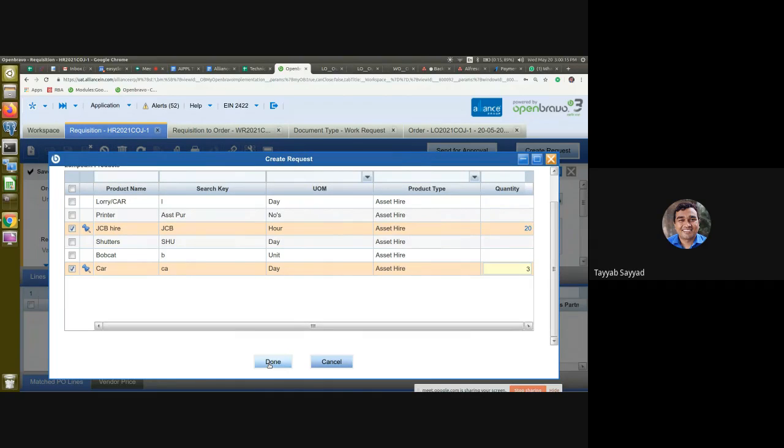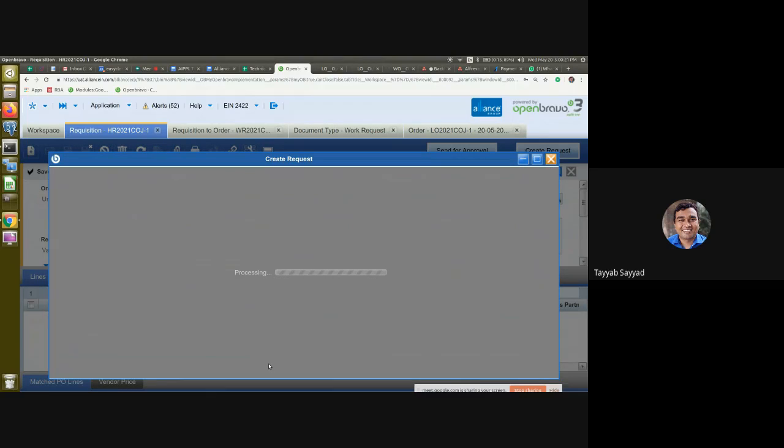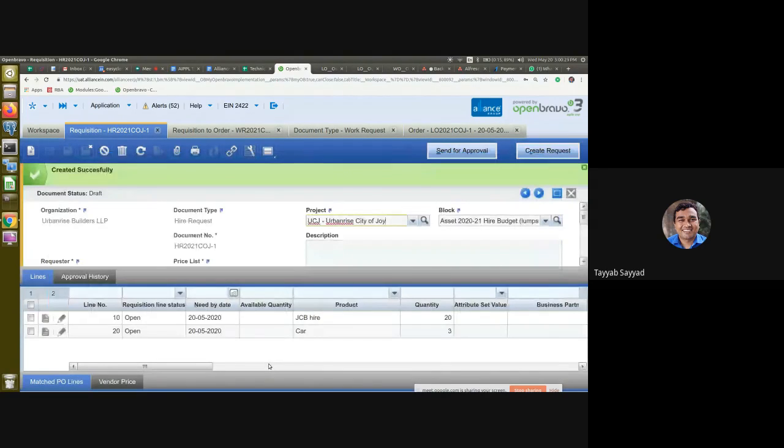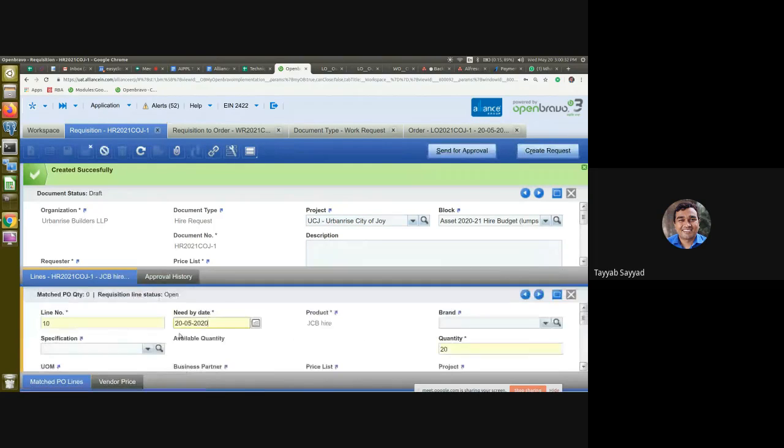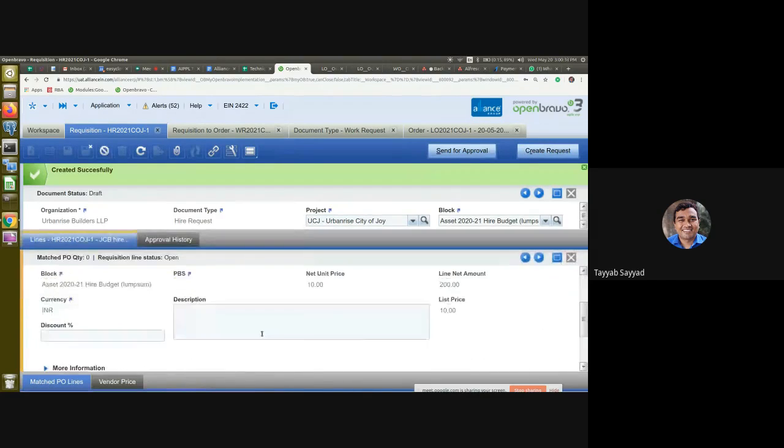So this JCB hire and car will get added into the hire request line. So you can see these two, JCB hire and car, got added into the lines. So I'll write the description why this JCB hire: road widening.